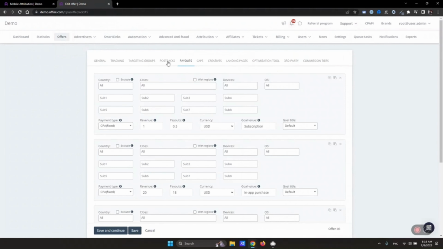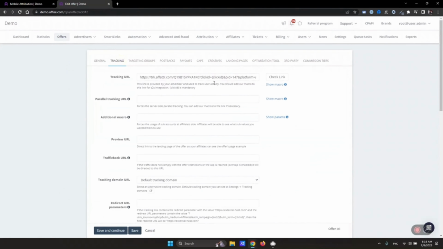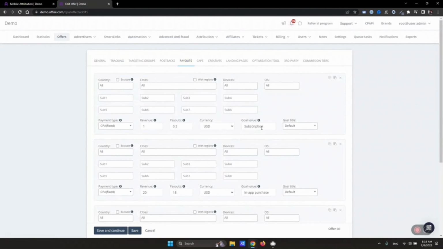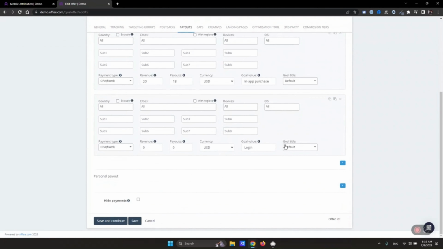If you work with Affise Performance, you are to set up an attribution tracking link in your Affise offer. Insert the link in the tracking URL field. Change the value after the PID parameter into the PID macro. Since there is no need to set a default Affise postback, you can add separate postbacks for conversion types, in-app